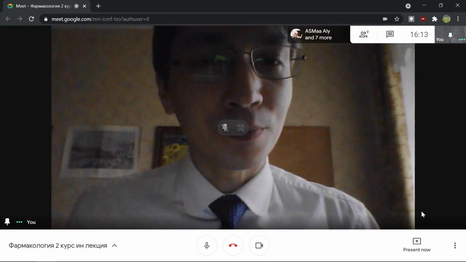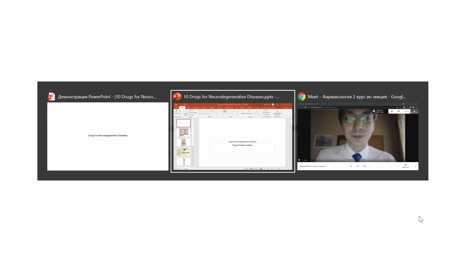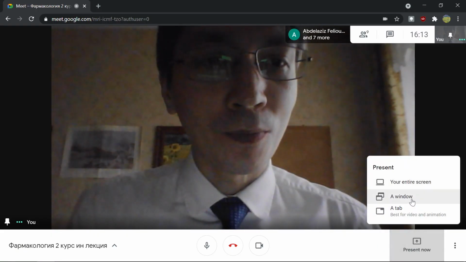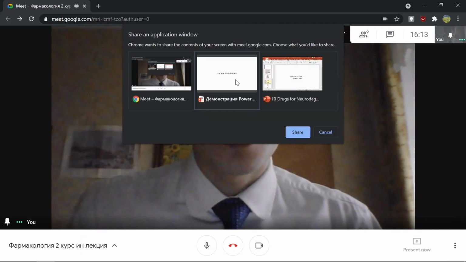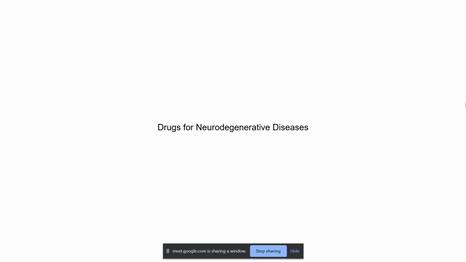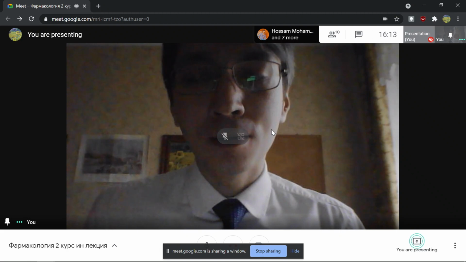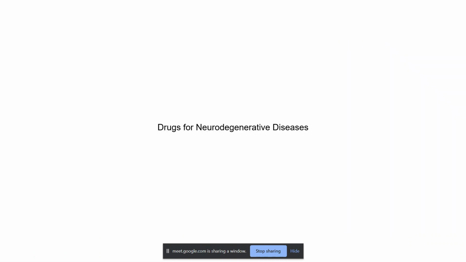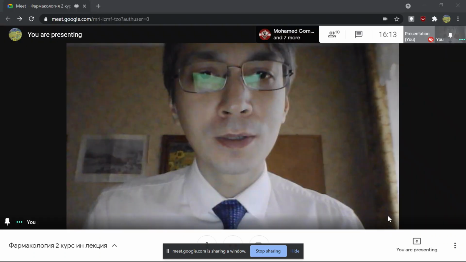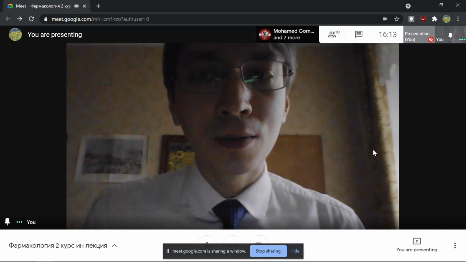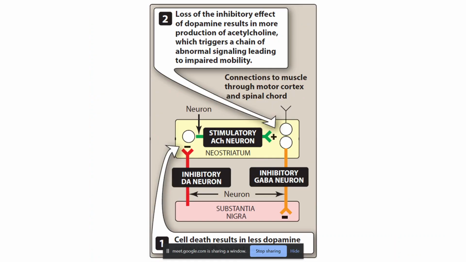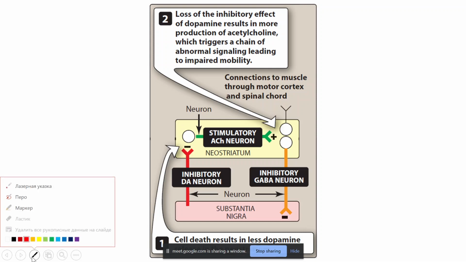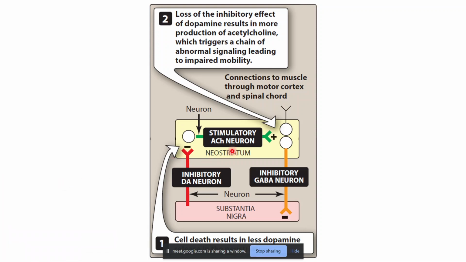So the neurostriatum is displayed here as a moment. Can you see the scheme? Yes. So